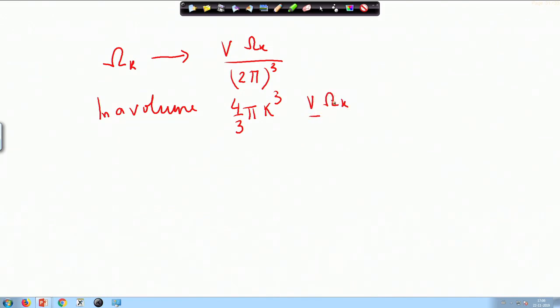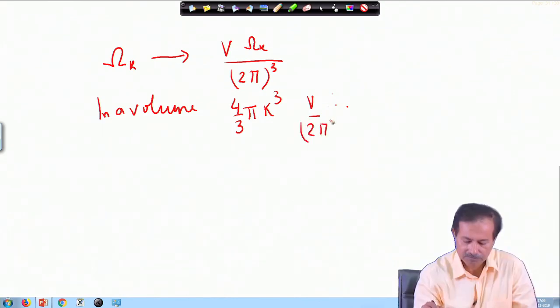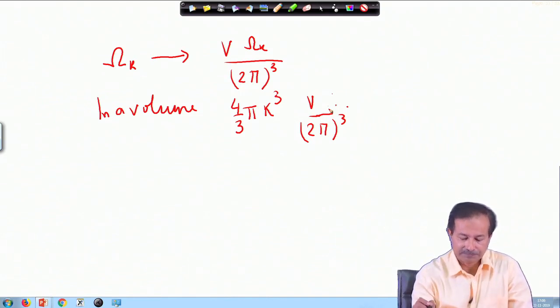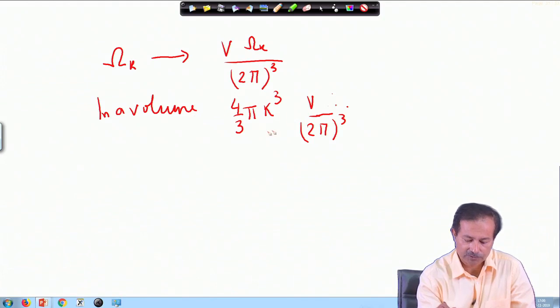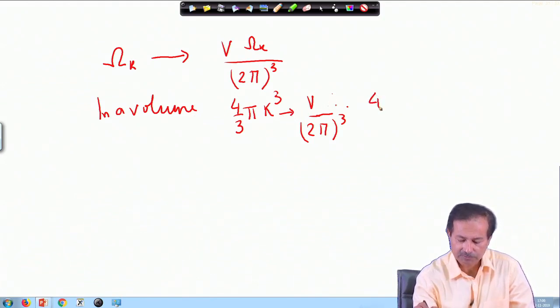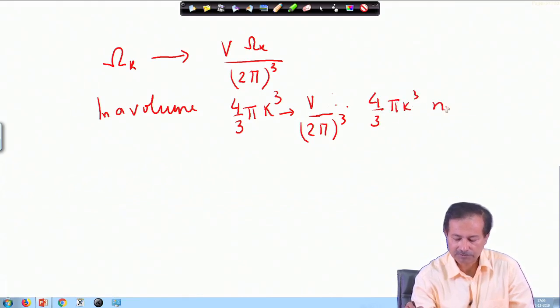So, this omega k I do not require, omega k is replaced by this V by 2 pi cube. So, in a volume 4/3 pi k cube, the number of states is this into 4 by 3 pi k cube, number of states,